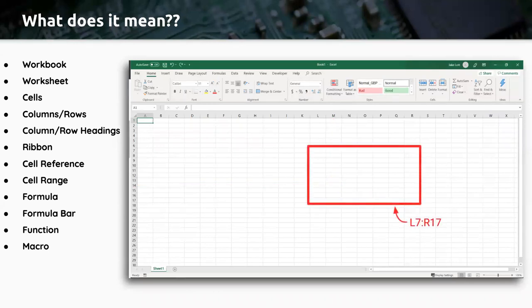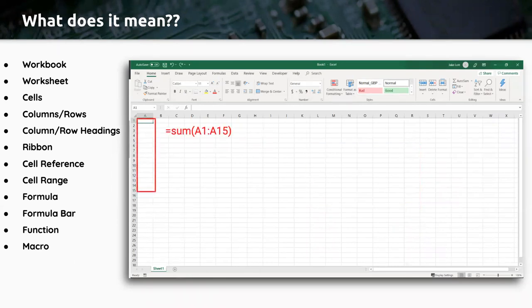And then you can imagine getting into a larger set of cells is what we call a cell range. And that range can do all kinds of different things. Again, in formulas, that range can be a combination of these columns and rows. So you're looking at that upper left corner as your first starting point down to that lower right corner for that ending point there. So L7 and R17, and everything in between is what it's counting for.